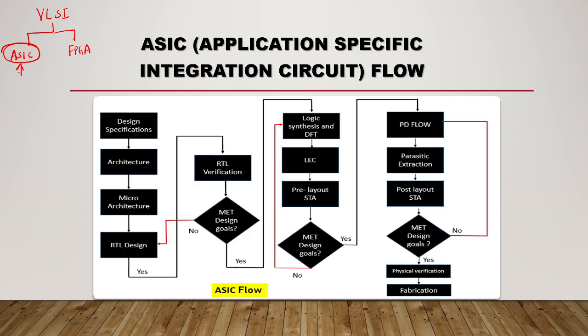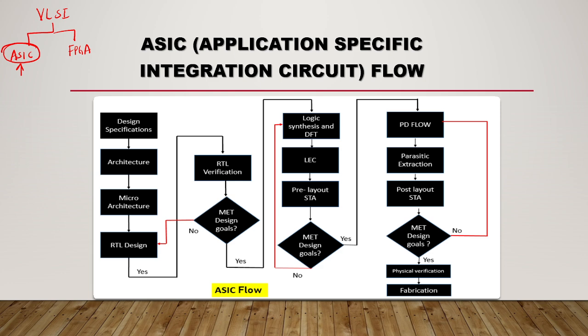Suppose you consider your LED TV or smart TV: it will do only a particular application. Your automatic washing machine has its own ICs, and you can't use those ICs in another device. It is only used for a specific application. Automobiles are an example: in a high-end car you have an anti-lock braking system, engine control, brake control, and airbags. Inside, many ASICs will be there, each doing a particular task only.